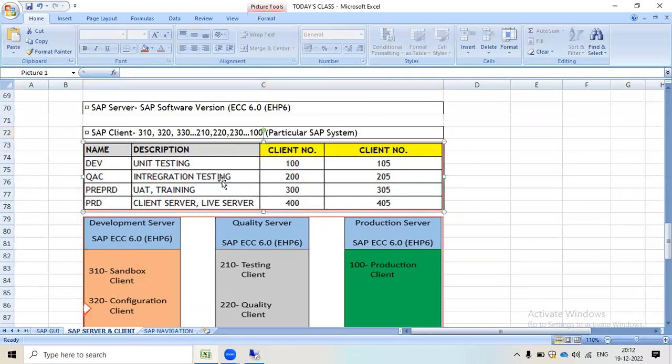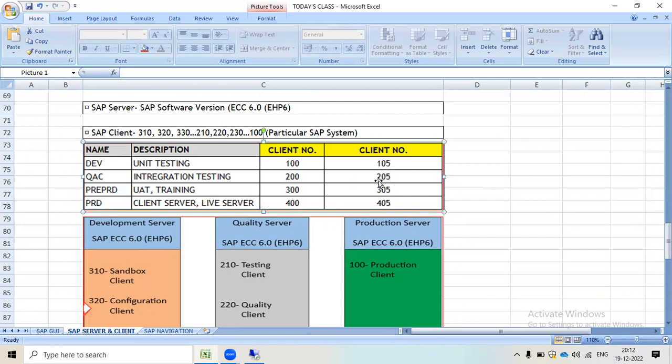In this picture you can see development, where we can do unit testing; quality, where we can do integration testing; pre-production, where we can do UAT and training; and production, which is the live server. The numbers we can adopt are 100, 200, 300 and 400 or 105, 205, 305.